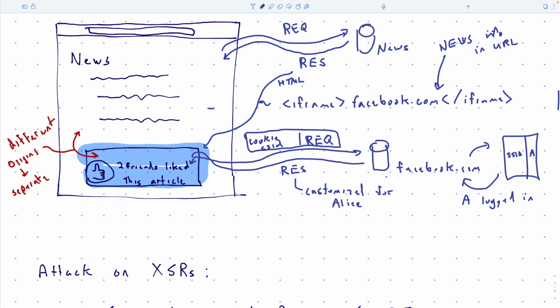Okay, could it do anything to get the user to click it? So the one thing it has going for it is it controls the website itself. It controls what's being presented to the user. Facebook is populating this iframe, but it's populating it within an iframe that the website itself controls.